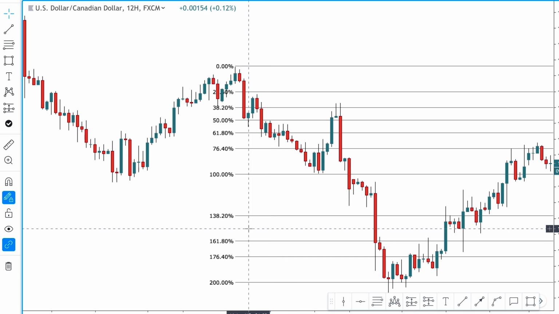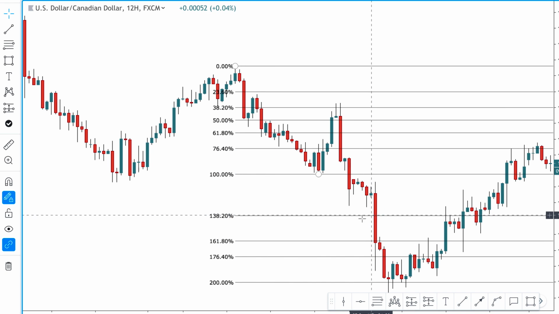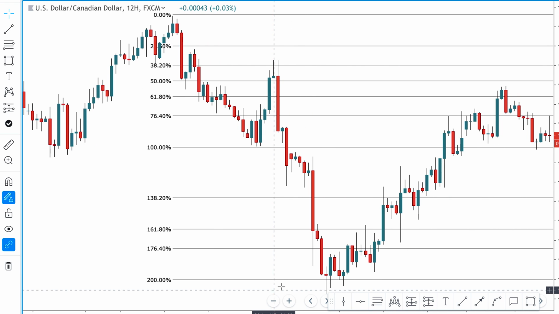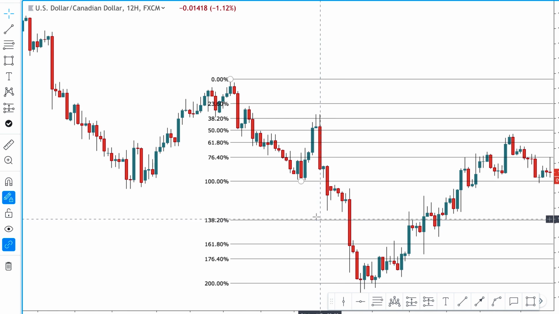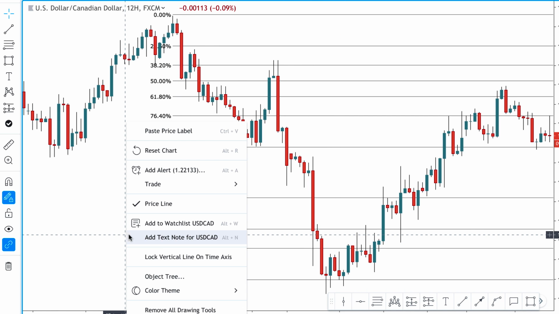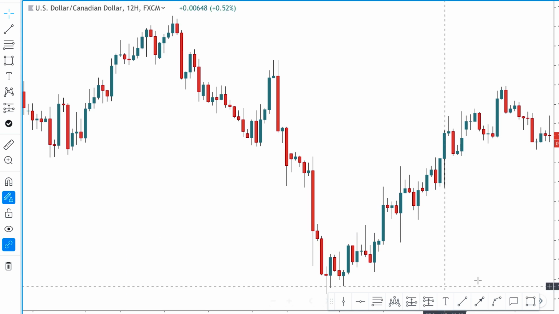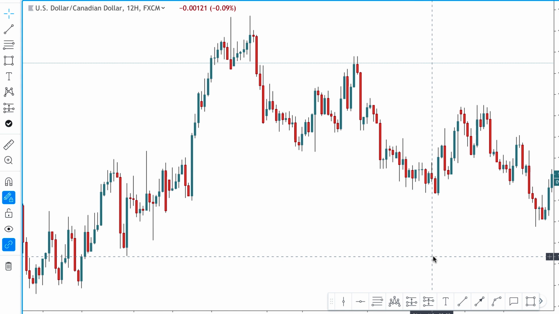And then you will see we hit all of those areas: 138.2, 161, we make a little pause here, 176, we go on eventually to form a 200, and then the market completely turns around. However, as I said, the 200 is less likely to get hit, but it does happen at times, as you can see. So let's take a look at another example of a very deep